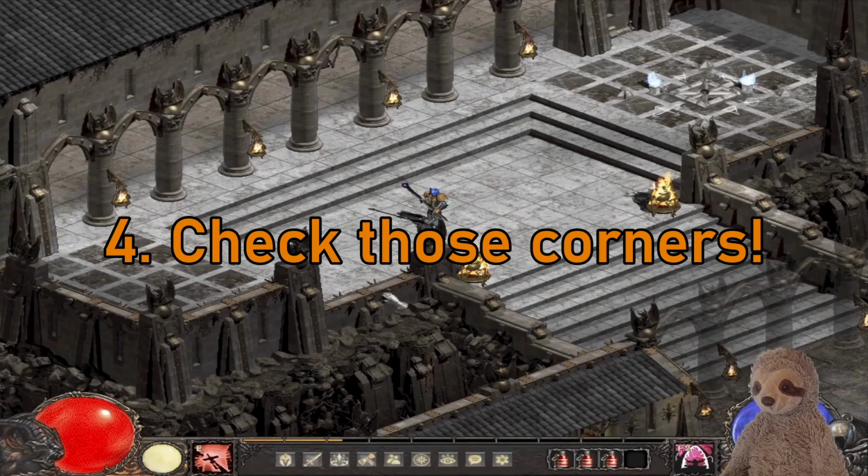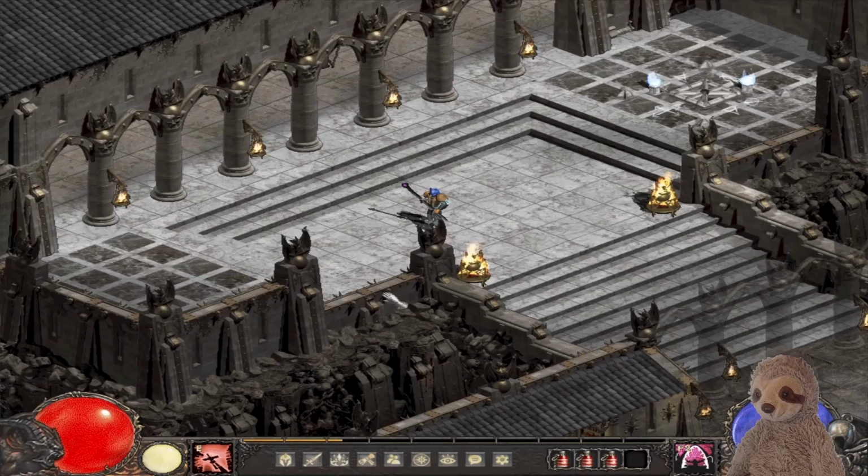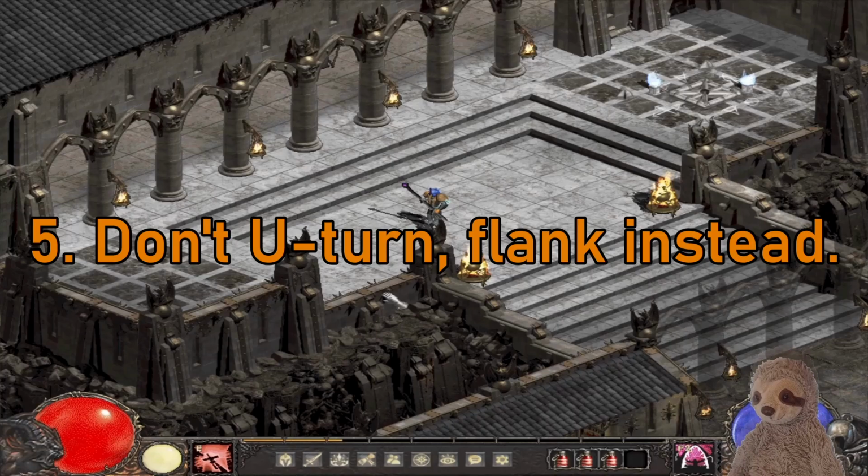So yeah, bring some AoE skills or anything that wraps around corners that might make sure that some runs don't end prematurely. One thing I would like to also mention is don't U-turn. Sometimes when he gets stuck like this and doesn't want to chase you anymore, he starts spamming totems wherever he stands and summons. If you U-turn at this point and be like, wait a minute, I lost him, I'll